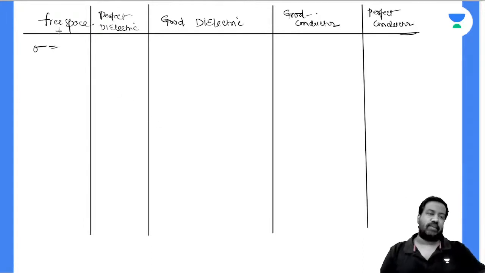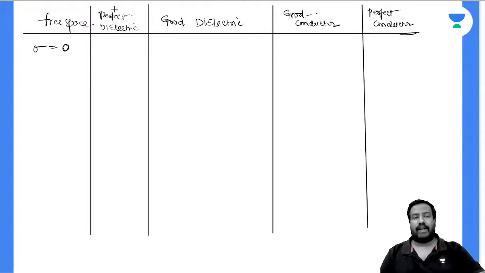In free space, how much is conductivity? Free space cannot conduct, okay? Conductivity is 0. Perfect dielectric, like wood: epsilon r greater than 1, mu r greater than 1,